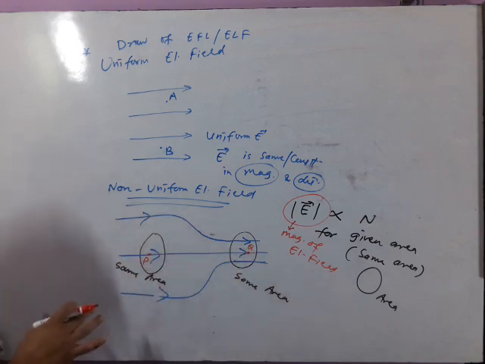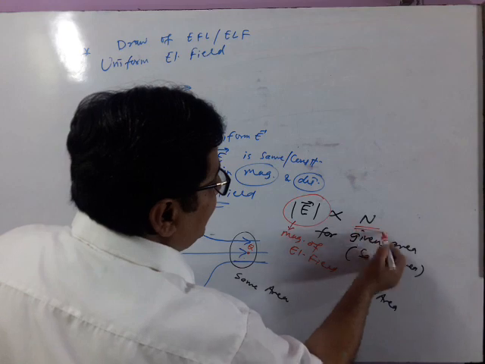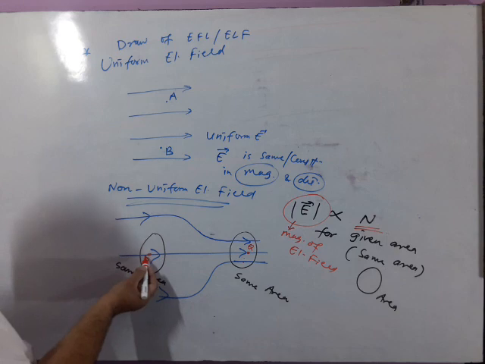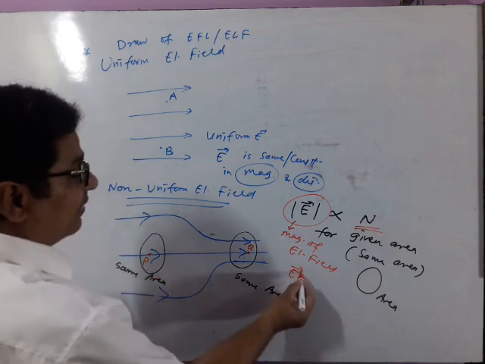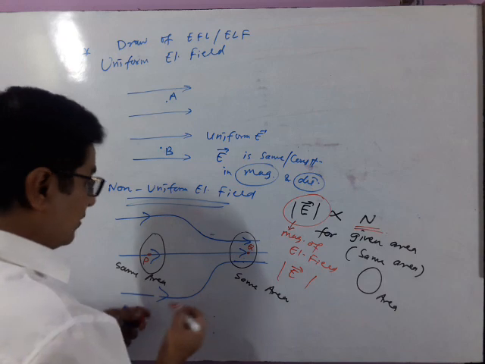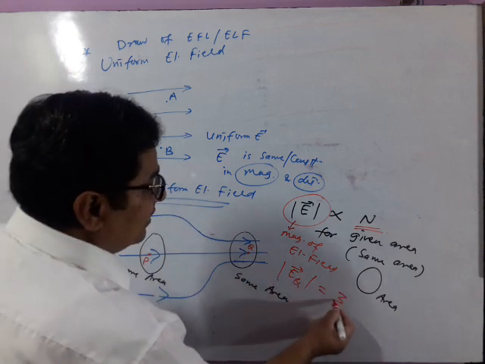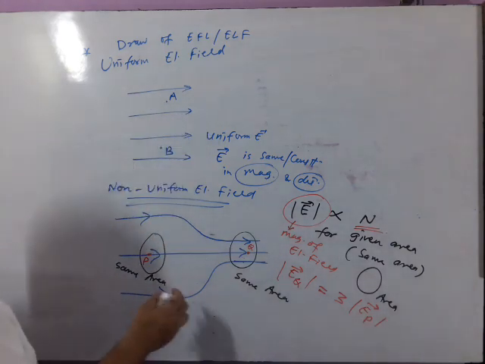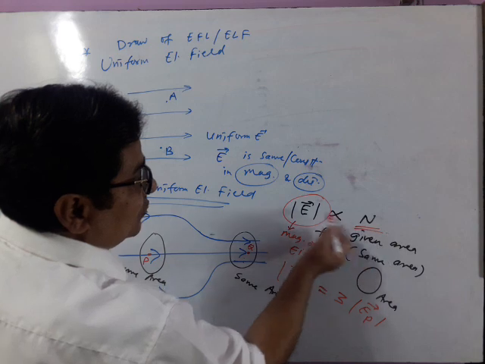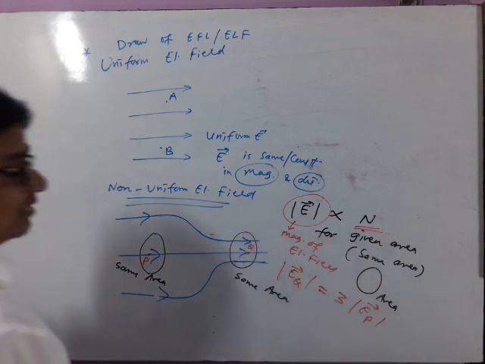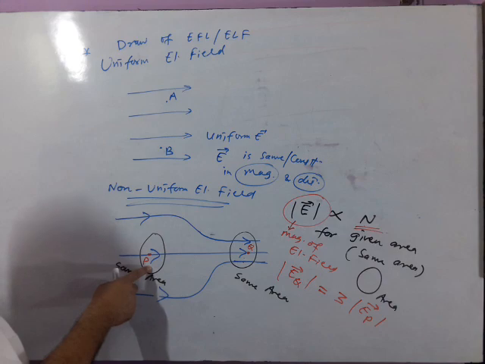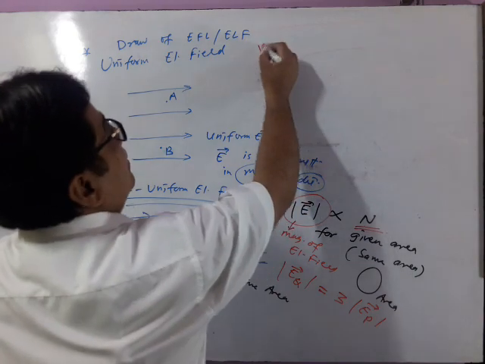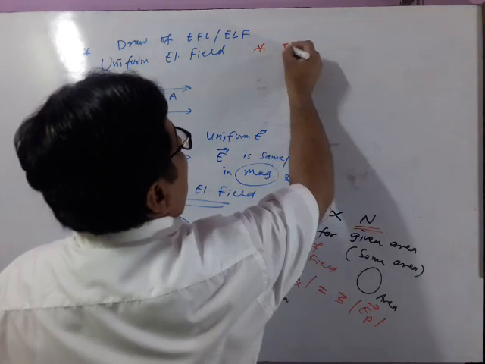What is the difference in magnitude? So more the number of lines, more is the magnitude of electric field. Here 3 lines, here only 1 line. So electric field magnitude at Q point is 3 times magnitude of electric field at P. See, 3 times number of lines passing, so magnitude will be 3 times, thrice. If I say here electric field is 100 Newton per Coulomb, so here 3 into 100 Newton per Coulomb. Breathe in.